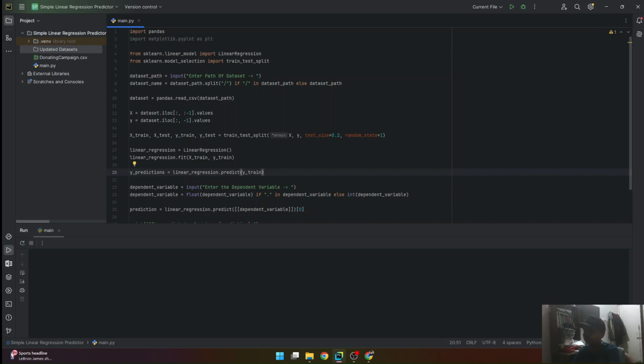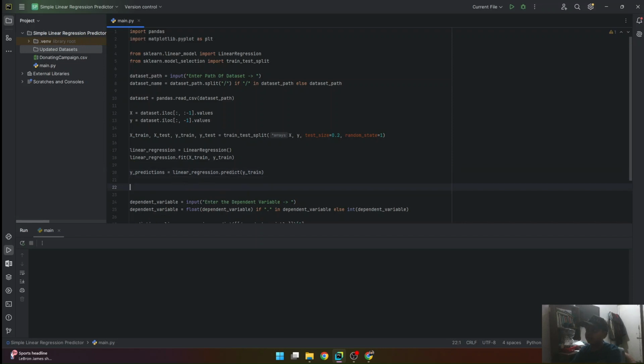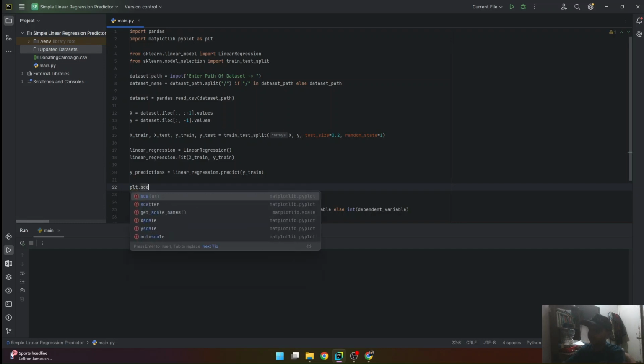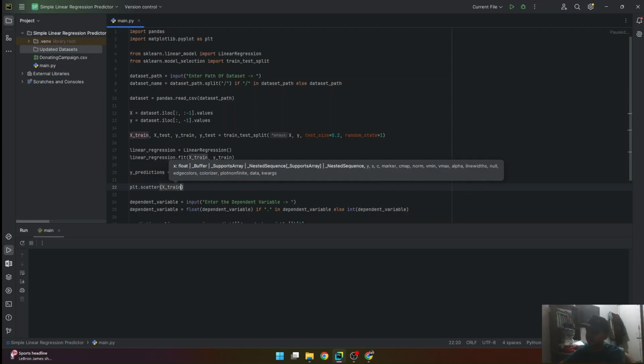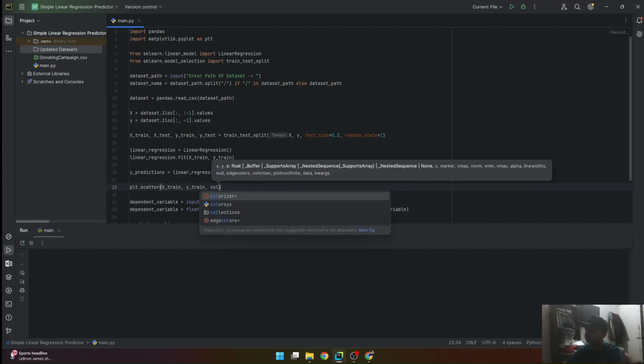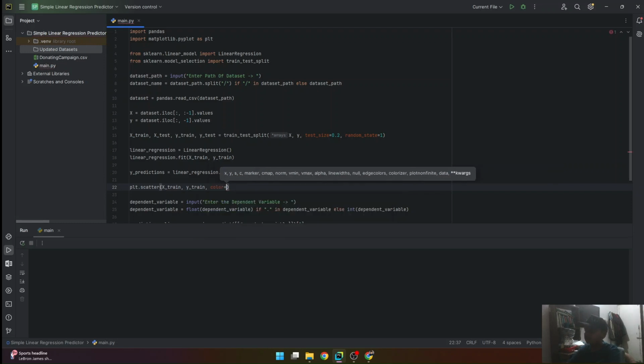So after we get y predictions, we're going to use plt.scatter. We're going to scatter the points, first showing the train set: X_train, y_train. The points should be red in color, so color is equal to red.